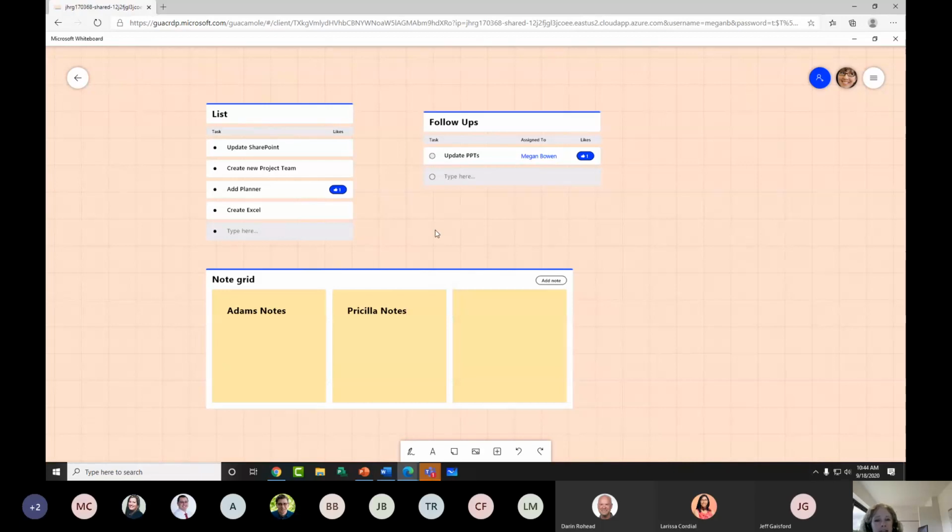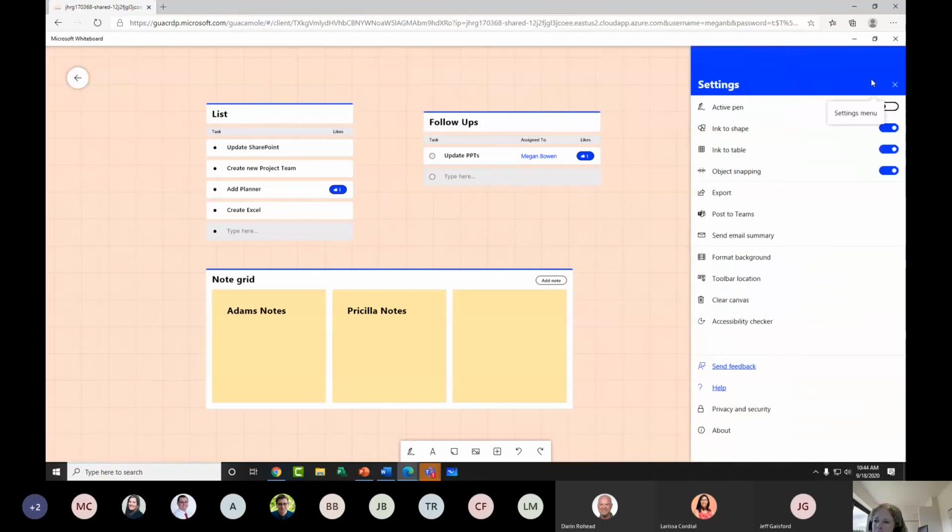So with this, I would like to share this with my team, with the idea that in Microsoft Teams, I'd like them to see some of the new capabilities that are inside of the Whiteboard app. So for that, I'm going to come back up here to the top right-hand corner. And again, we're seeing the different options. I want to show you some different ways that I could share it. Not saying I should, but different options.